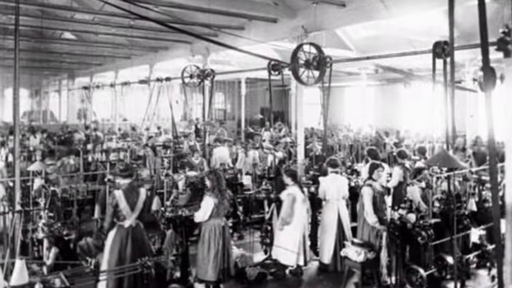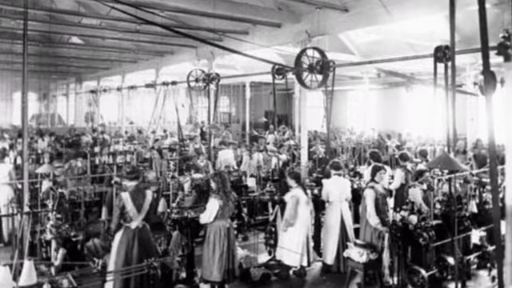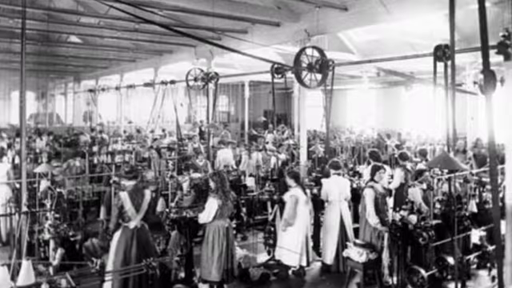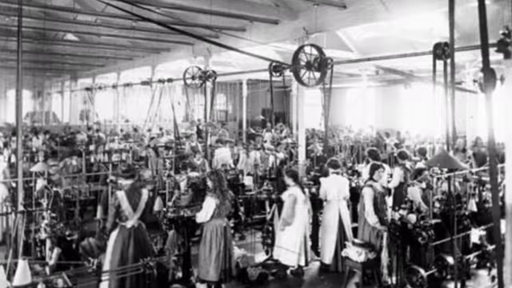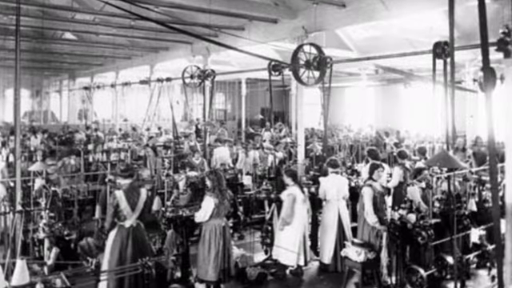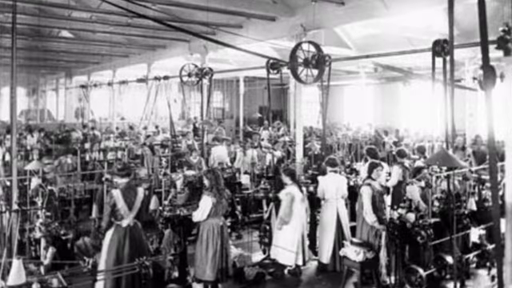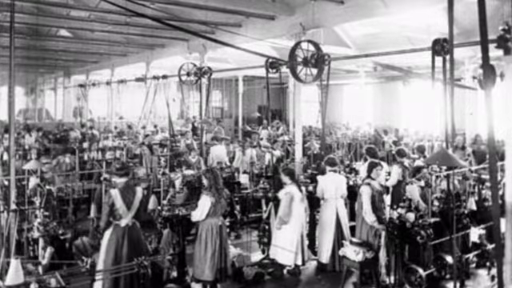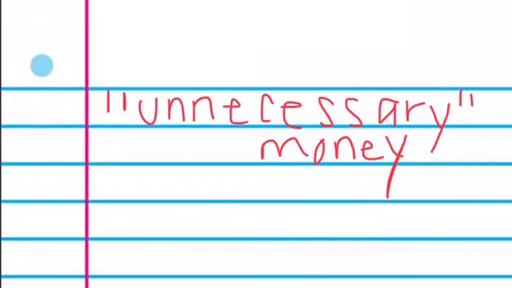In factories, especially ones in the textile industry, machines became a big problem. The spinning machines moved very fast, which made it difficult for workers to keep up with them. No uniforms were worn in these factories, causing loose clothing to get caught up in the machines. You may think that factory owners would see this happening and try to fix it, but factories were owned for profit, and providing uniforms for workers was just more unnecessary money being spent. It was too expensive to keep their factories in safe conditions for all.